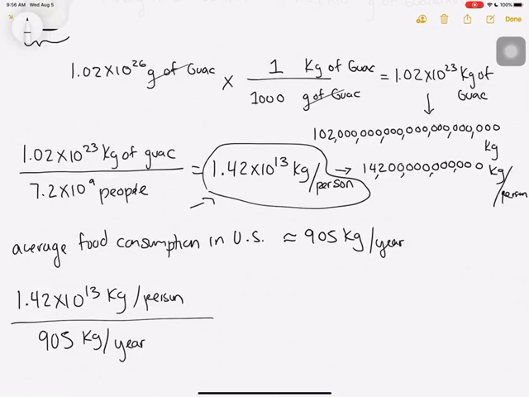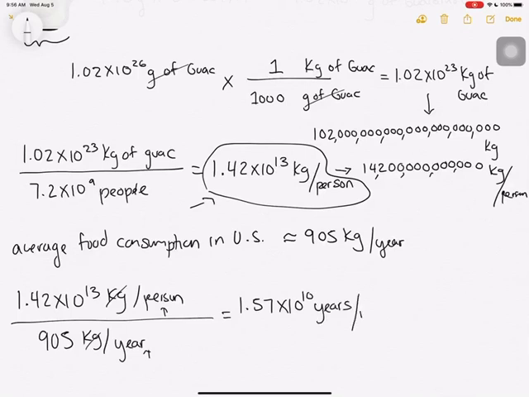If you do dimensional analysis and cancel units, the kilograms are going to cancel out, and the other two units are going to flip, so years are going to be on top, and persons or people on the bottom. I do that division, and the result is 1.57 times 10 to the power of 10